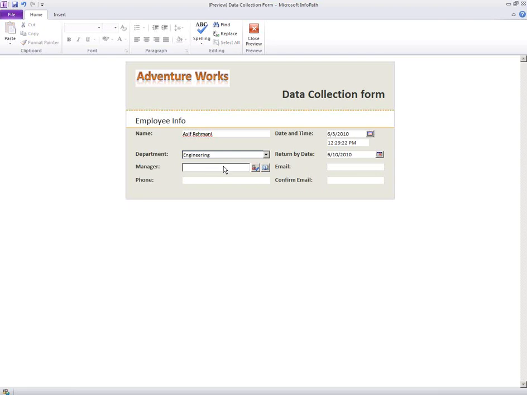I'll wait and show this to you when we get to SharePoint. Phone number can't just be random numbers. It has to be valid. Sorry about that, I think I had something in my clipboard. It has to be a valid format,